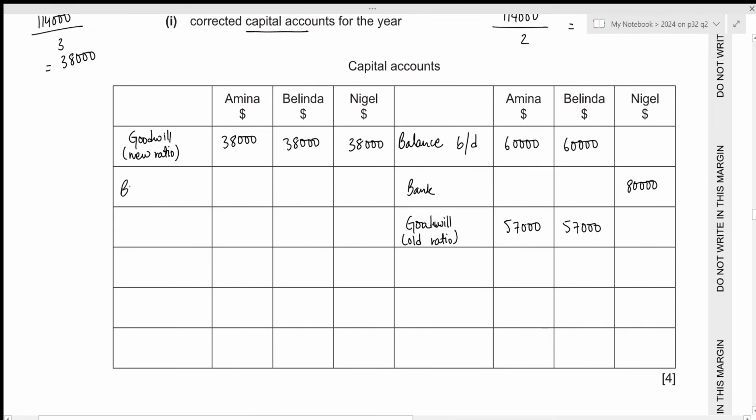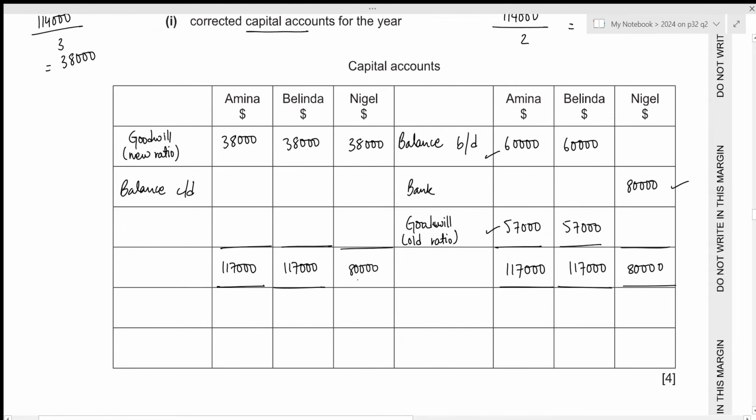Now we can figure out the closing balance. For this, we need the total from the credit side. So 60,000 plus 57,000 will result in 117,000. That's the same for Belinda as well. For Nigel, it's just 80,000. Now the total will be the same on the debit side as well. So 117,000, 117,000,